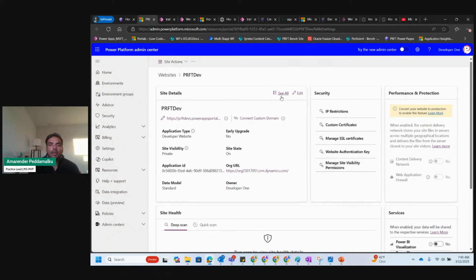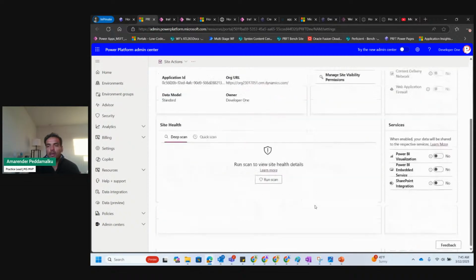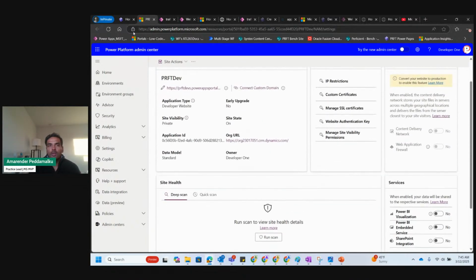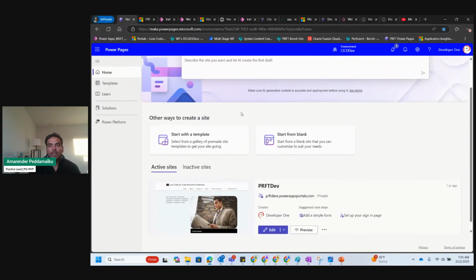And as you can see, you can upload custom SSL certs, custom certificates to protect your website, and you can have IP restrictions, as I've said, and you can go to site actions. For some reason, if you needed to restart the website, you can, and you can have a custom error page or disable custom errors. You can enable maintenance mode of your website if something is going on with your website. And you can edit and see a lot more controls in here. So let's go back to the home page.